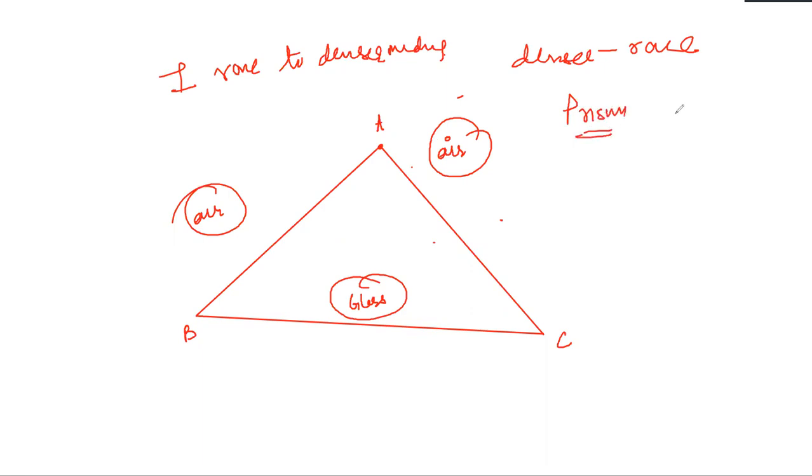What is a prism? Having two refracting surfaces, right? Prism के दो refracting surfaces होते हैं, and